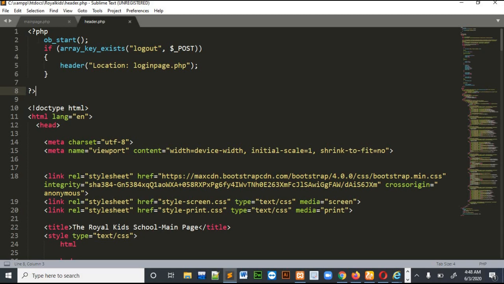There is a function I had used, ob_start. So what this function does: many times whenever you include files in your page, the files start to repeat themselves.